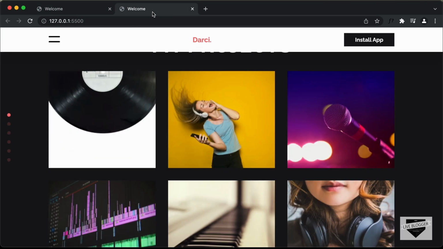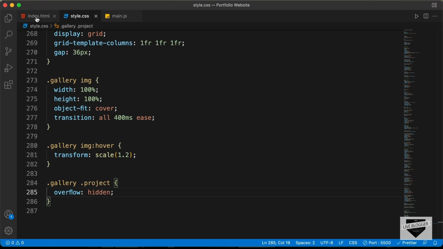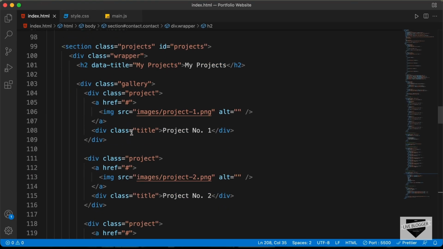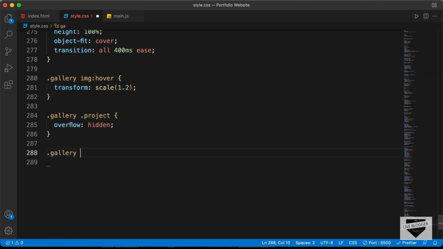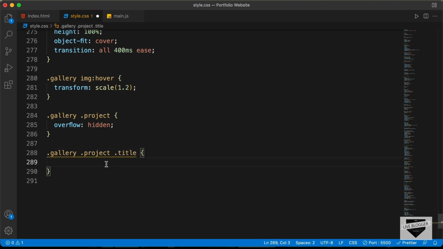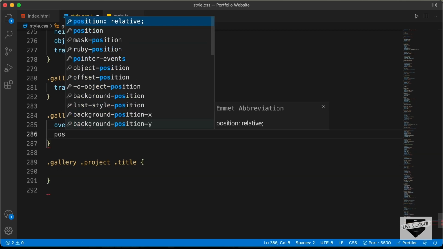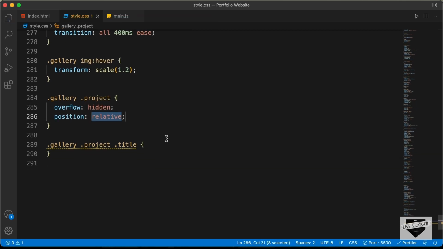Alright, now the next thing we will style is the title. So let's go back, and if you go back to our HTML file, here we can see we have this division with the class of title. So let's go back to our CSS, and here we'll just type gallery project title, and now we need to position this title relative to the project. So here for the project, I'll just type position relative, and here for the title, I'll just type position absolute,